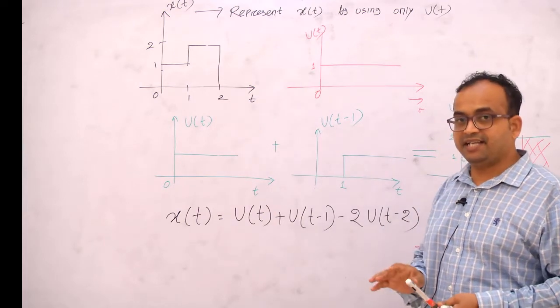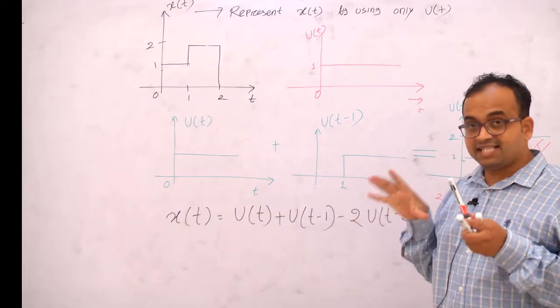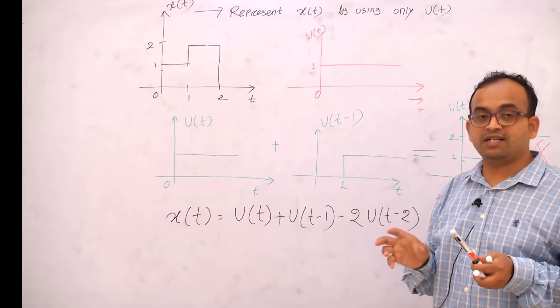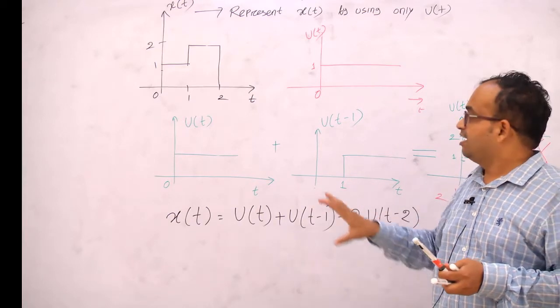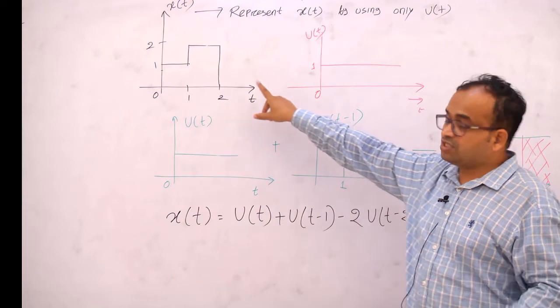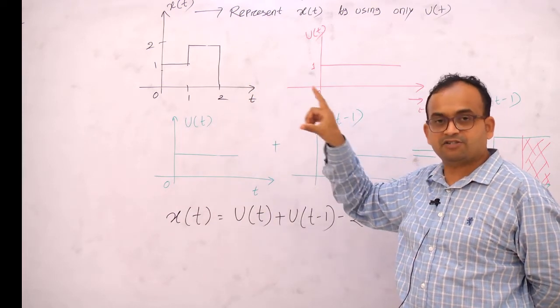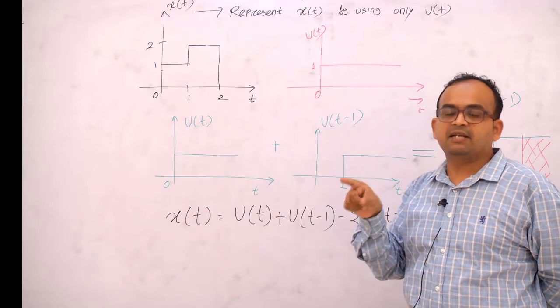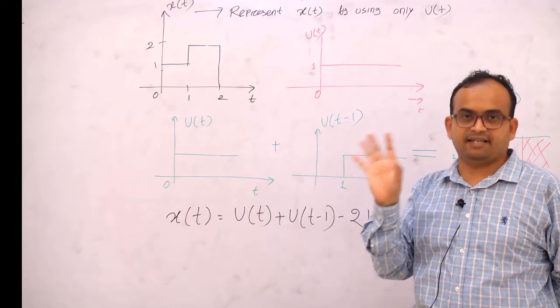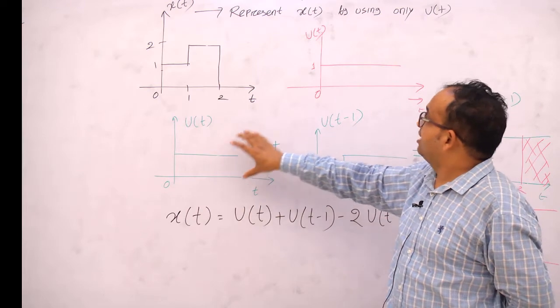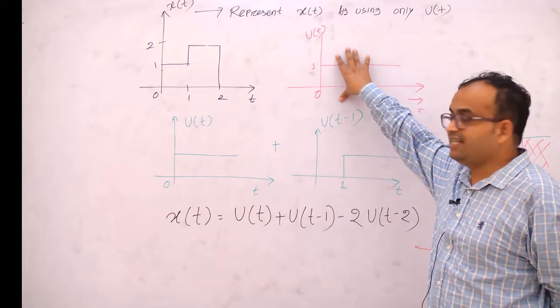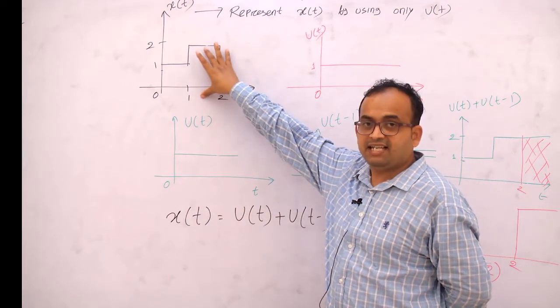Again I am repeating what we have to do. Very simple thing. You only have to understand what operations we are doing. Basic thing only. The question is given like this. x of t is given here. It is asked to represent x of t by using unit step signals only. So I can draw. This is the unit step signal, right? As the amplitude is 2 here, first of all,